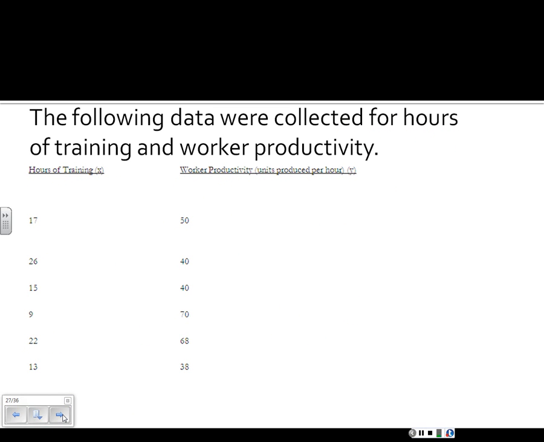Okay, the next problem asks if there's a linear relationship between hours of training and worker productivity. So I'll have to work this one out as we go through here. I was working it this morning, and then